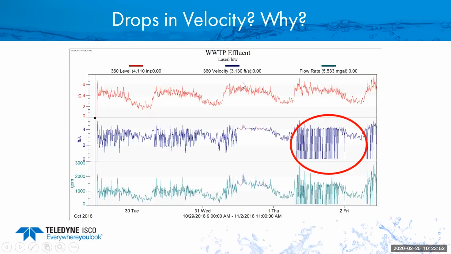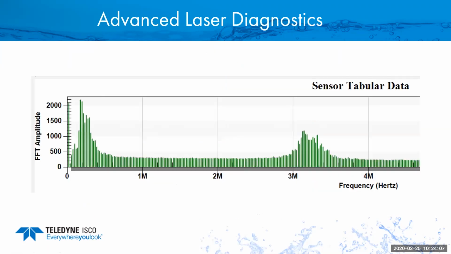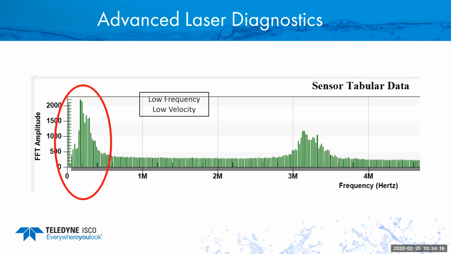When I got the data, I wasn't overly impressed with it because notice what appeared to be dropouts in velocity. When I looked at that, these were not actually showing it going to 0. They were showing it going down to a very low velocity. So I grabbed a diagnostic from that site itself. So you'll notice the ones I showed you before are nice, pretty peaks. This is not quite so nice and pretty. But what's interesting about it is you'll see a couple peaks here. One is a very low frequency, low velocity peak, which means that's very slow velocity, which was the entrained air or the air bubbles on top of the water itself and the foam. This one is what they really wanted to read, which is the discharge, the speed of the water, the real